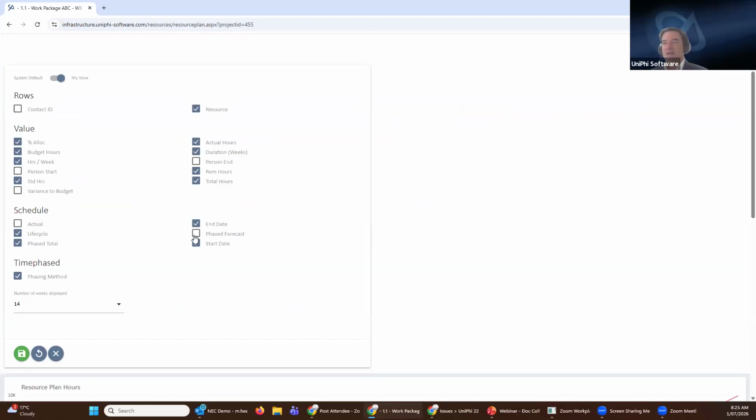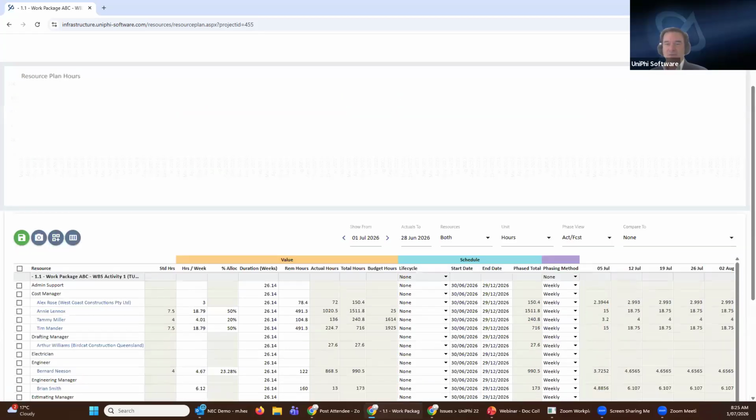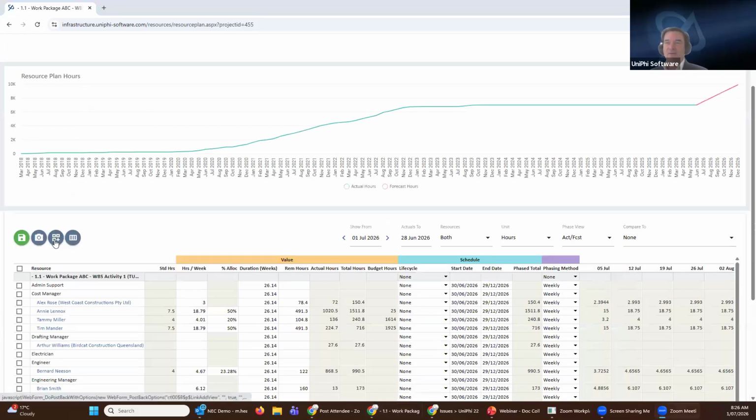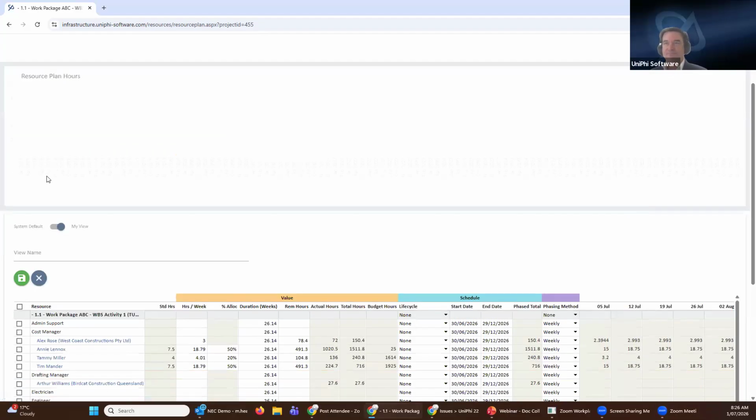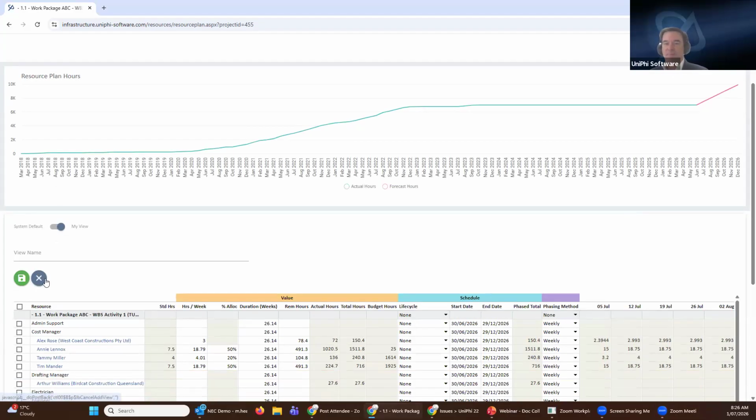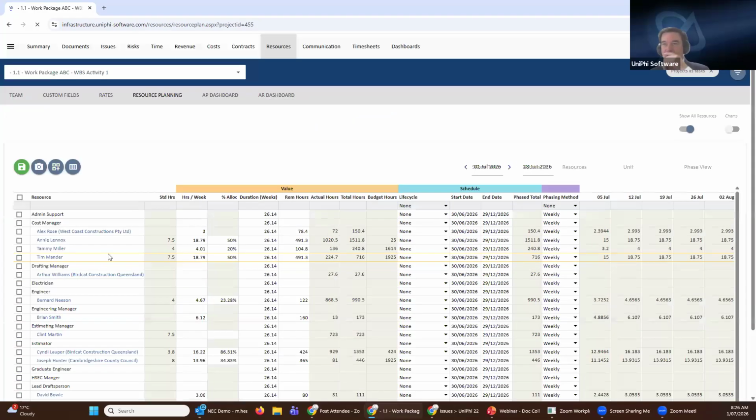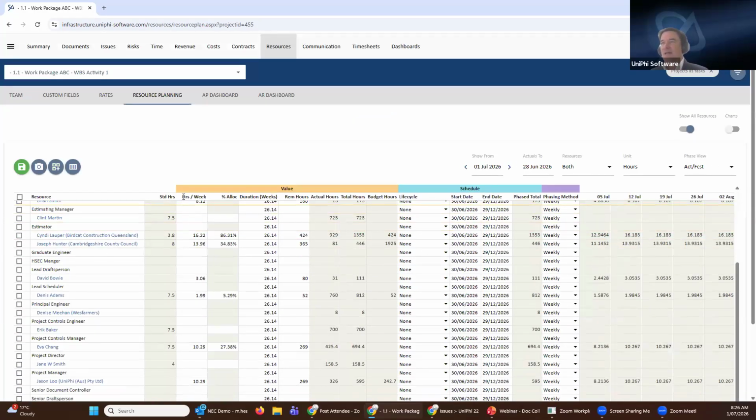How much the actuals are to date, what's the phase forecast, etc., are not being shown in the screen. I can increase the number of weeks displayed in the screen, etc. And if I've got too much information here and I'm not using it, I can remove it. And if I've got it for different purposes, then I can create views. This icon here creates a view, and when I create a view, I set up a bunch of different columns for that view. That's what I've done here. Then I'll have a view drop down that I can pivot between one view and the other to have different ways of looking at the data.